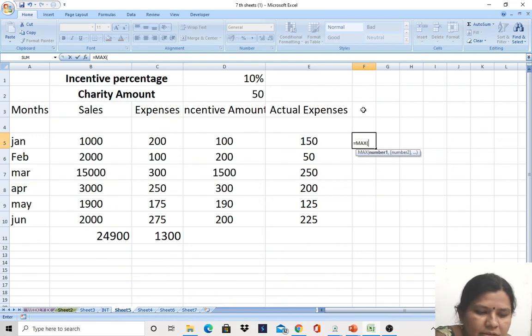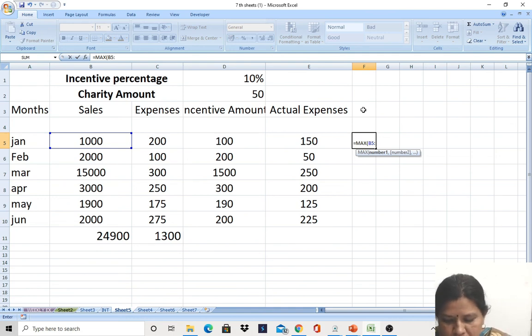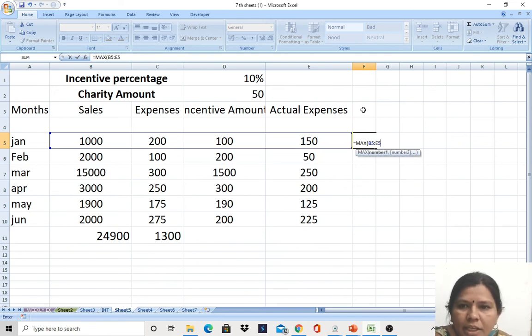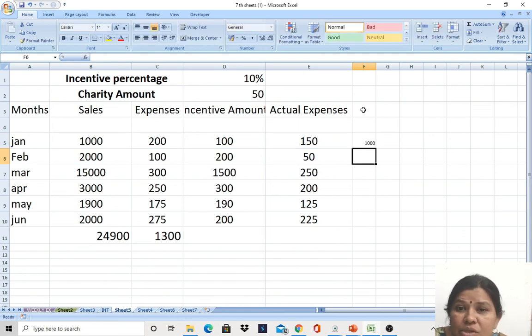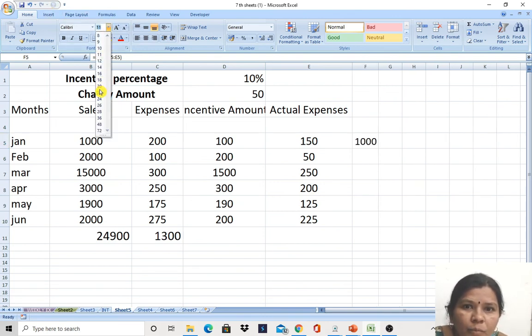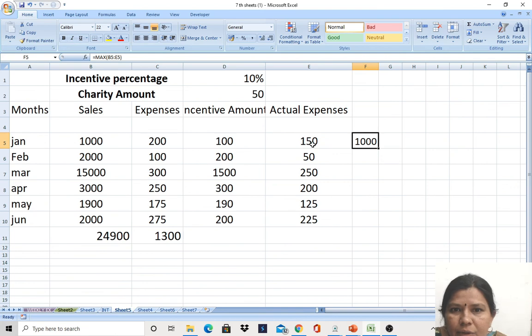Start from B5 colon E5, close the bracket, press the enter key. The maximum amount is what? 1000. Same like that, see here, from B5 to E5 you can find that 1000 is the maximum number.